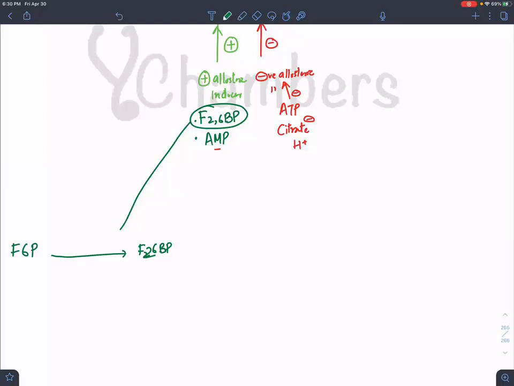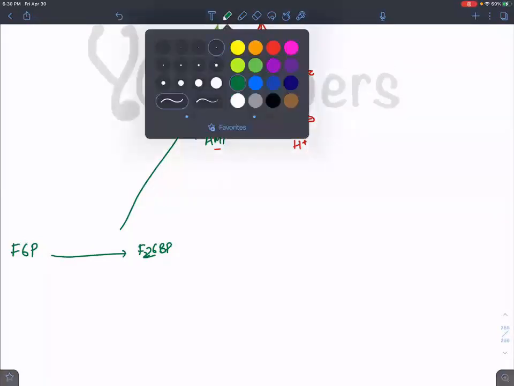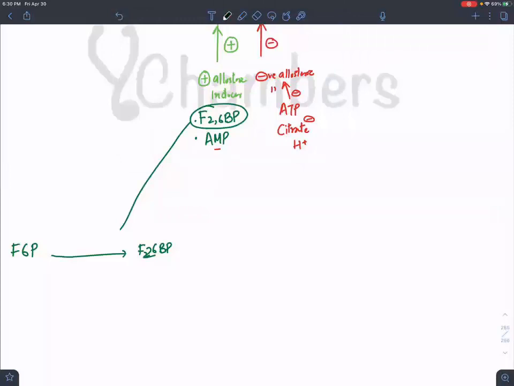So this fructose 6-phosphate is getting converted to fructose 2,6 bisphosphate. Now, which enzyme is there to convert this? It is